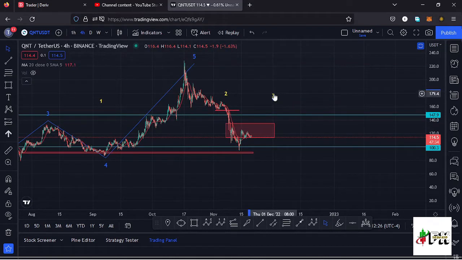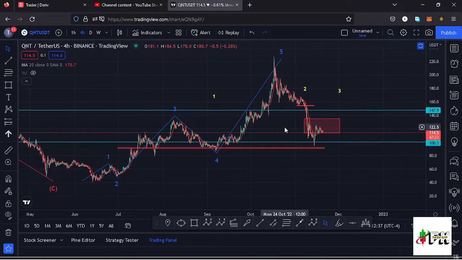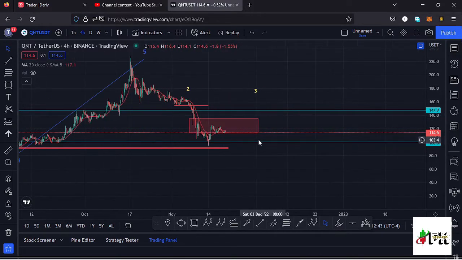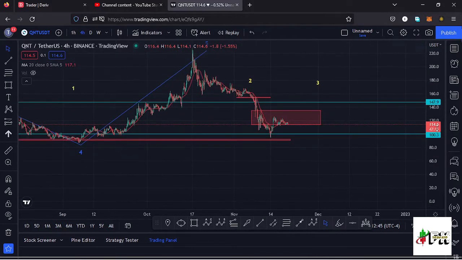is an impulsive movement to the upper side in the formation of a higher Elliott wave count 3. And by impulsive I mean I also expect to see fractal waves in formation within that third wave to the upper side, like what we have seen in this first wave to the upper side, which is also an impulsive movement. And I believe we have started to see a reversal here on the Quant chart, that is on